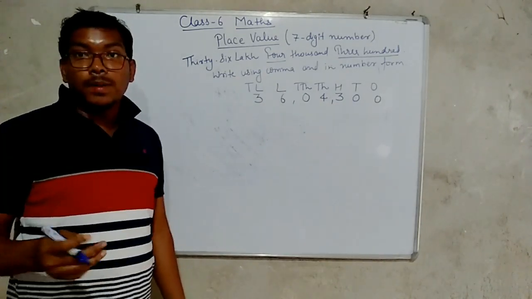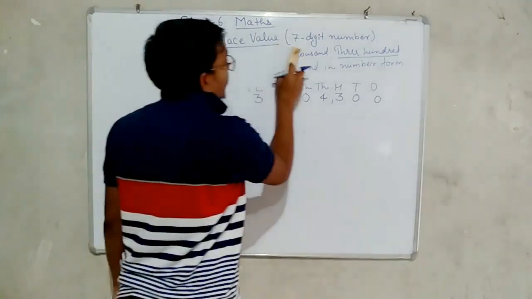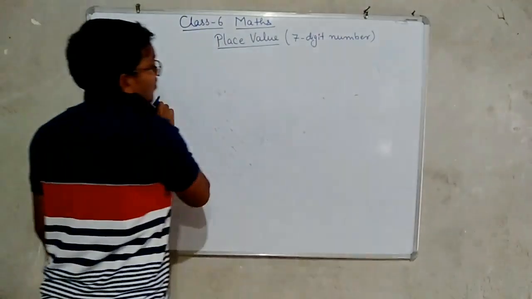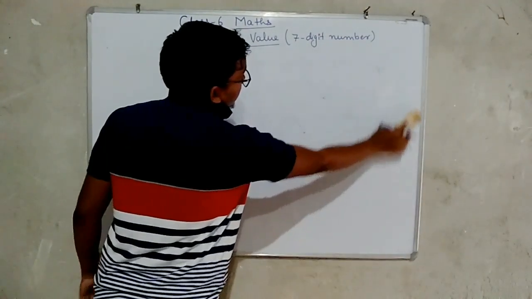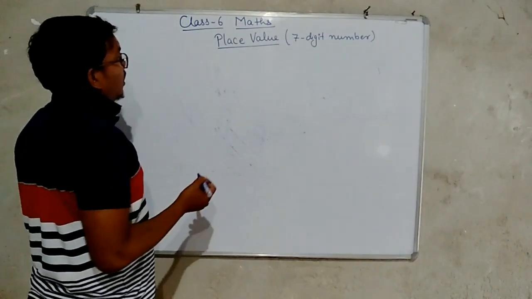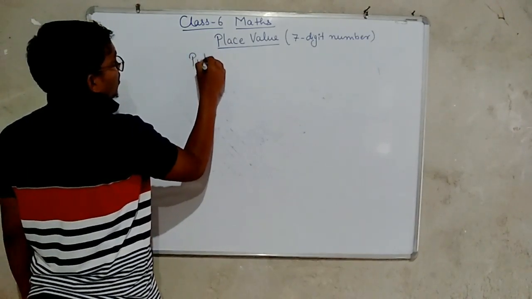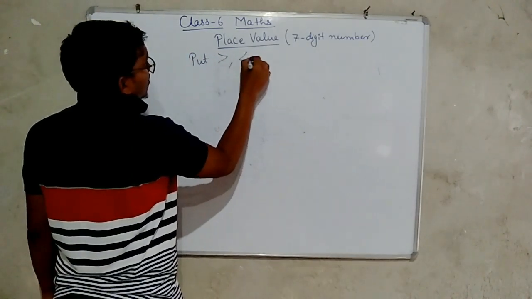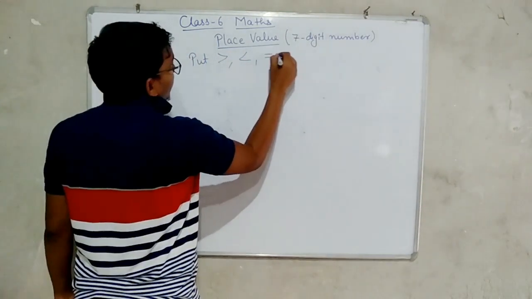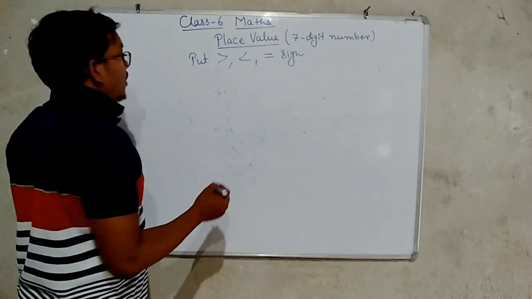Now the next topic is we have to put the sign. Because all these things we have read in the previous class, class 5, I'll only explain the basic thing. The next question is to put greater than, smaller than, or equal to sign. So for example, if a number is